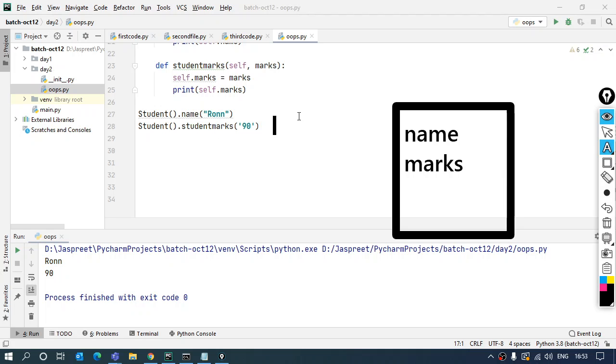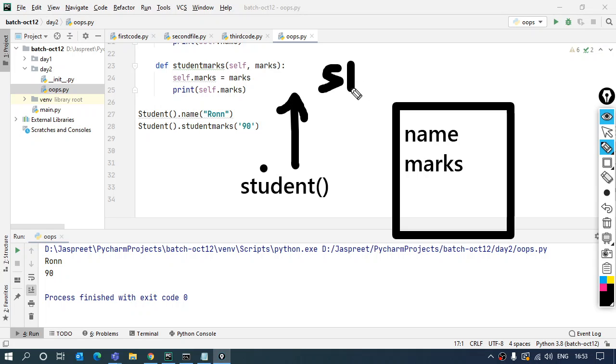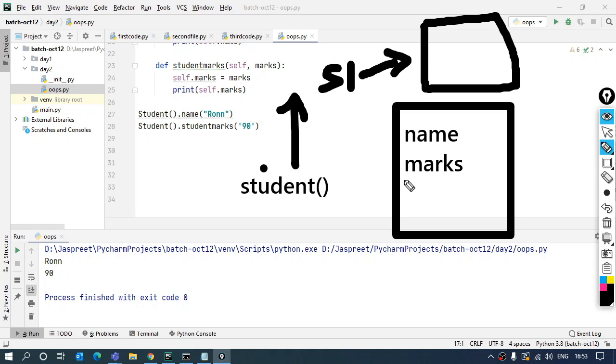So what I can do is, I'll have the same command, student, but this time I'll have a reference made to it. I'll name it anything, let's say S1. So what this S1 will do is, in the memory somewhere it will reserve some space, and whichever attributes this student class is going to have, be it 100, be it 200, be it only 2, all those attributes will be available over here.